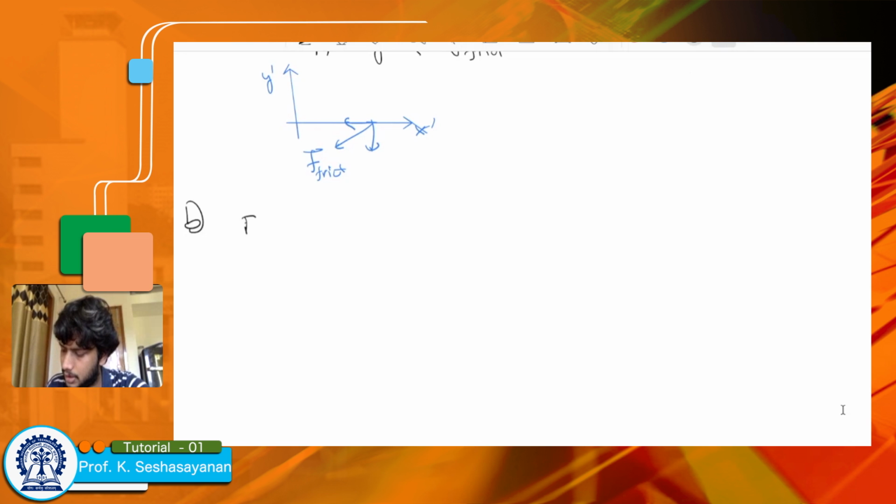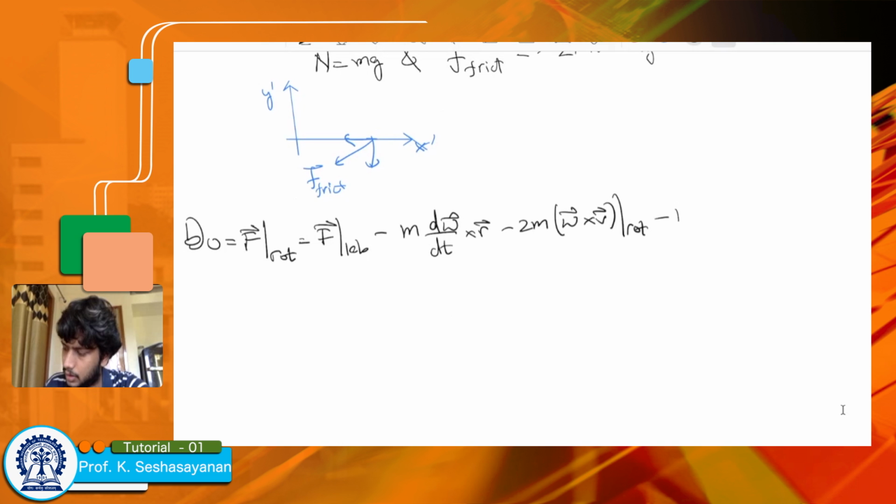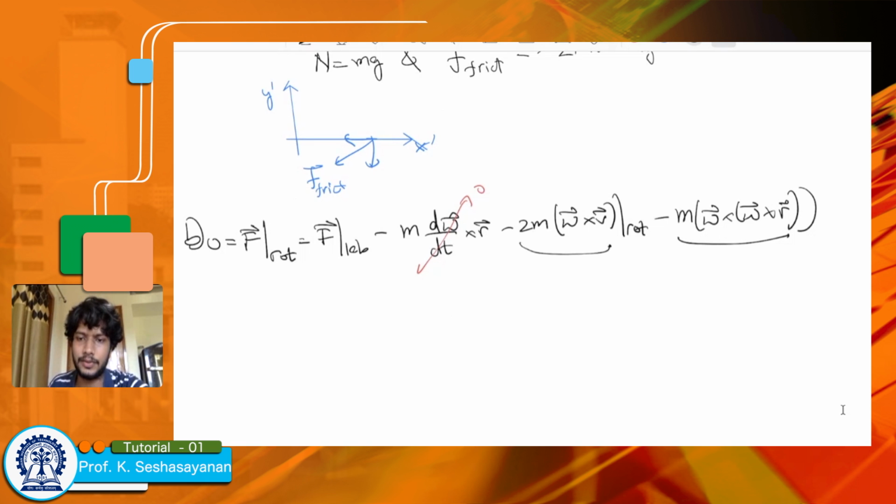So F in the rotating frame, the total force which is 0, is nothing but F in the lab frame minus m d omega by dt cross r minus 2m omega cross v in the rotating frame minus m omega cross r. Now again this is 0, and we'll have to just find out these two expressions. Again, this remains the same from previously,